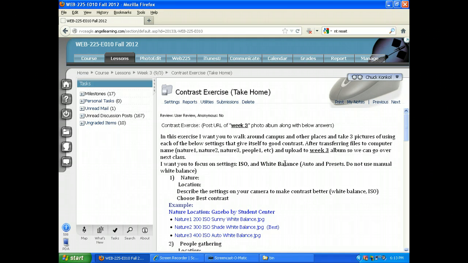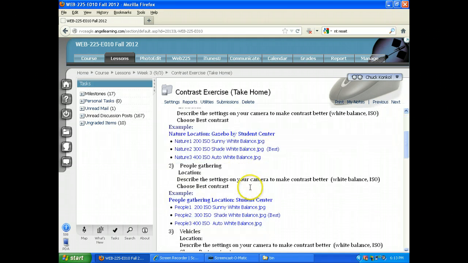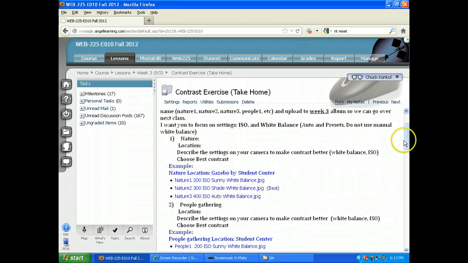So here's the first setting that you're going to be taking the photo at. When I say setting, I mean place and the makeup of what you're taking a picture of. When I say setting, not camera setting, but setting as in this is what you're going to be taking a picture of. Nature is the first setting. So somewhere in nature, doesn't matter where it's at, somewhere in nature. You're going to put the location,